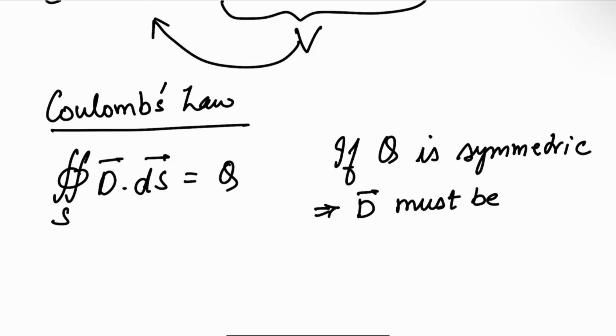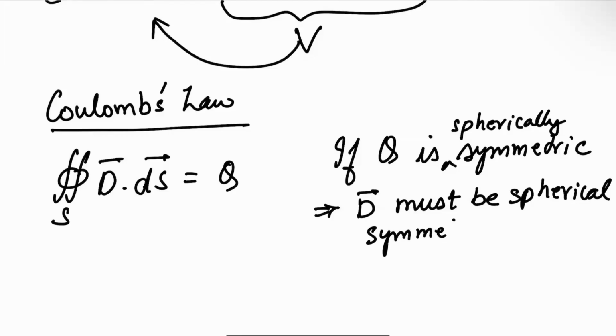I mean spherically symmetric here. So if Q is spherically symmetric, D also must be spherically symmetric,